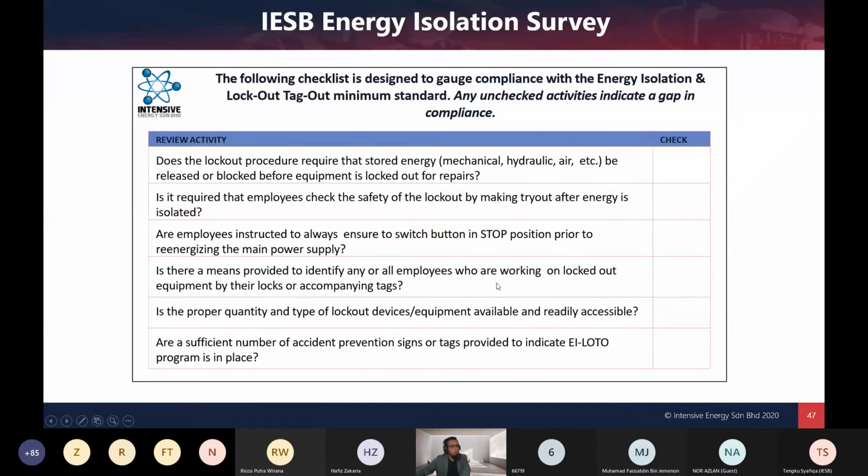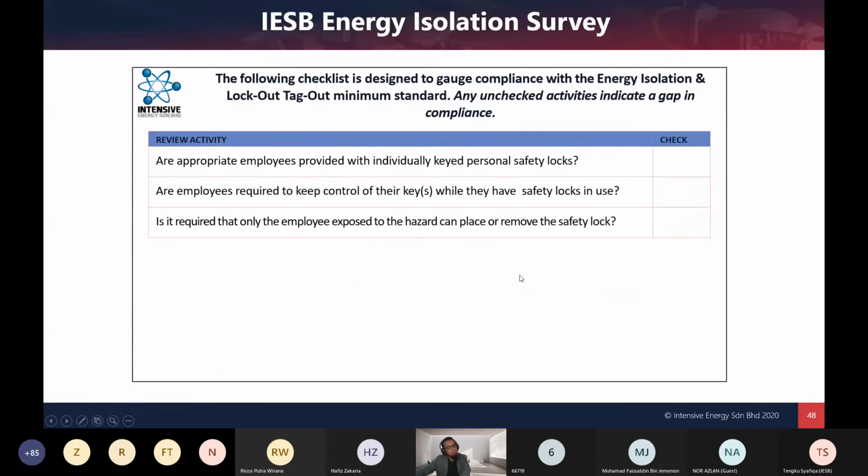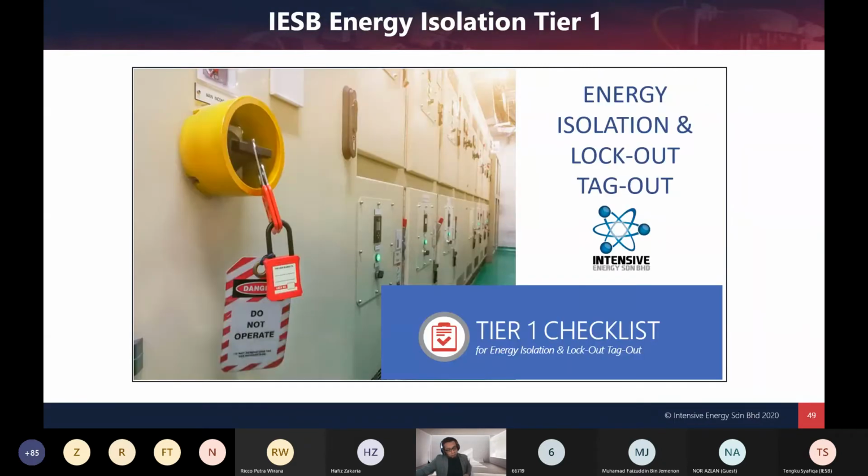So from this survey, we will come to you with the proposal and document on how we can start up and move on with your document on the EI LOTO program. If you have not developed one and you want to develop it, you can call us. But if you have already developed one and want to know if this energy isolation program, lockout program, is comprehensive enough and sufficient for our industry,